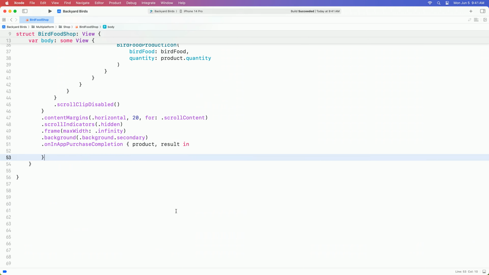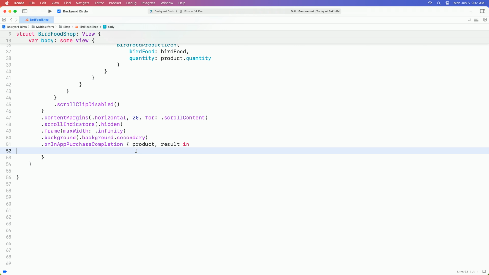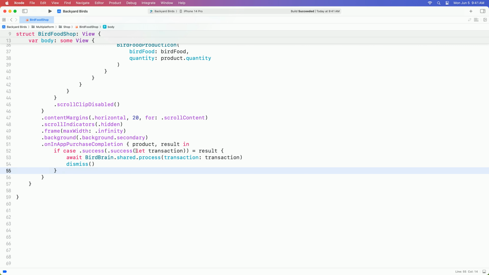The modifier gives us the product which was purchased and the result of the purchase, whether it was successful or not. Let's implement this to send any successful results to the BirdBrain actor for processing. By adding this modifier, we're now unlocking the consumable bird food that people purchase. Let's give this a try in the simulator.